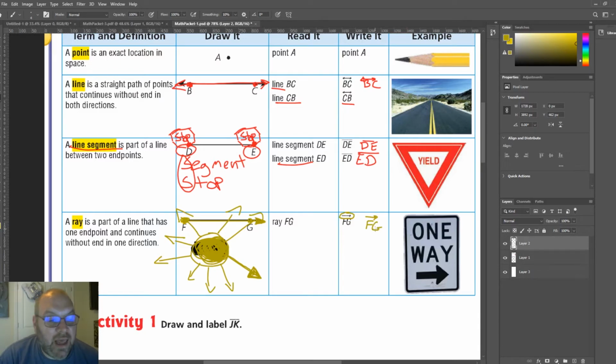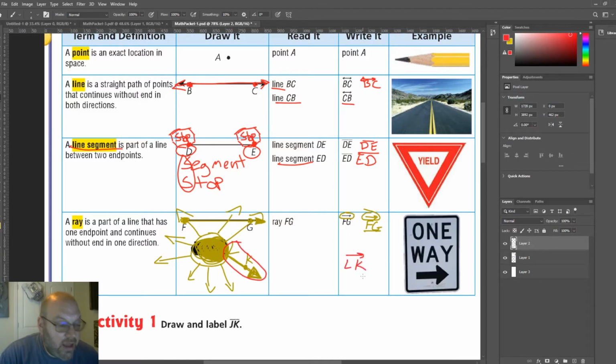Ray FG. That's how we say it. Ray is what the little figure on top is, and then FG. The points are what the ray goes through. Okay? So if I label the middle of the sun L, and I have another point here, K, this would be ray